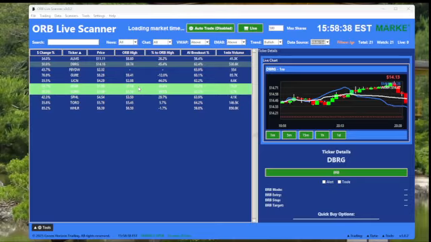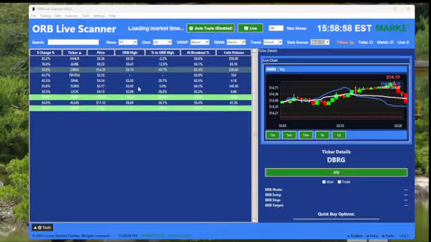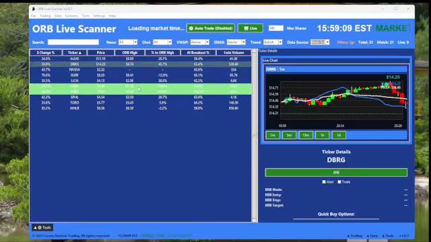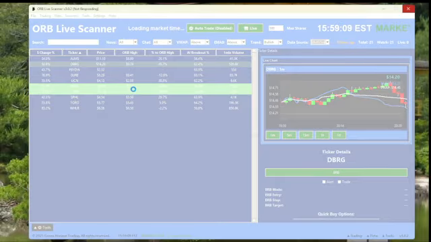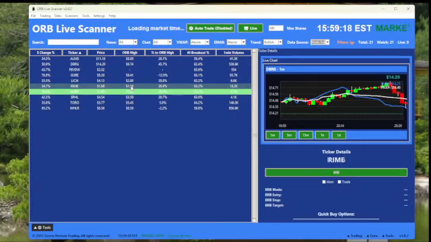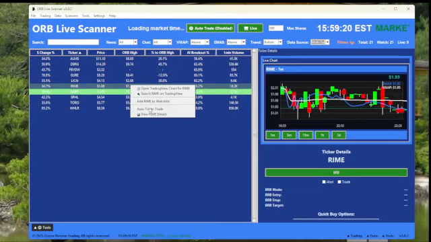Once you have that on there, what I like to do is look at these and see which ones look like a good setup, using my charts within either TradingView, which I really like, or sometimes I'll even use my broker account, Interactive Brokers, to look at the charts and see what they're doing, double check all my volumes, and see if I like the setup. If so, typically I will go ahead and set up an auto trade